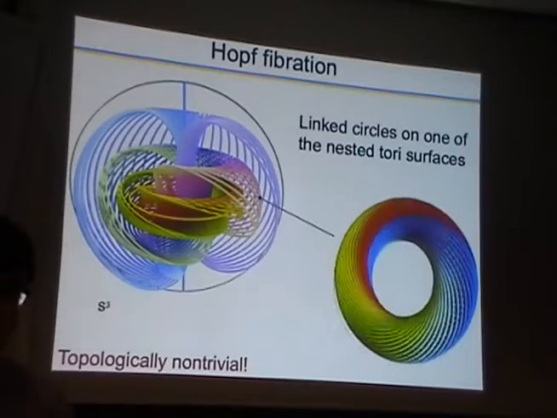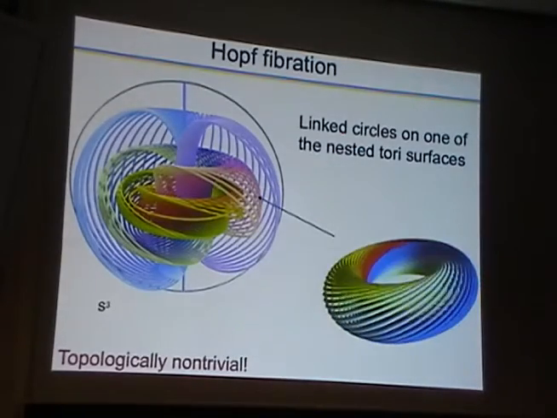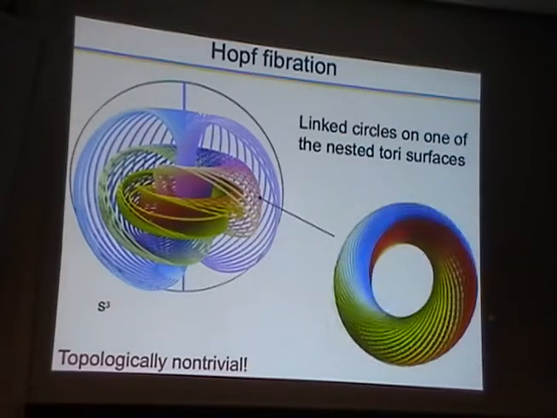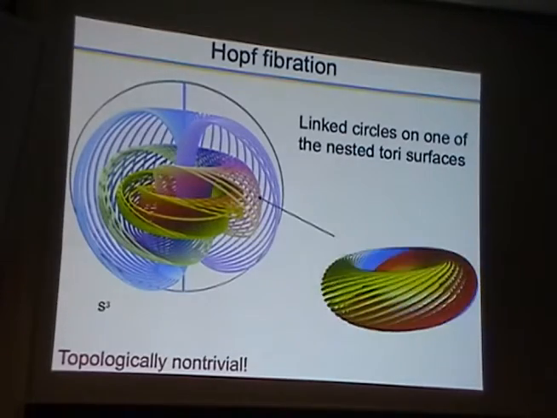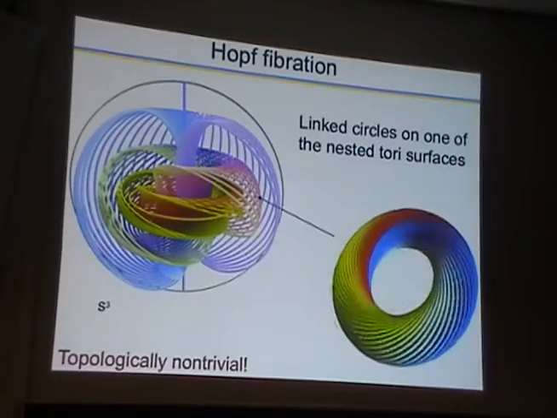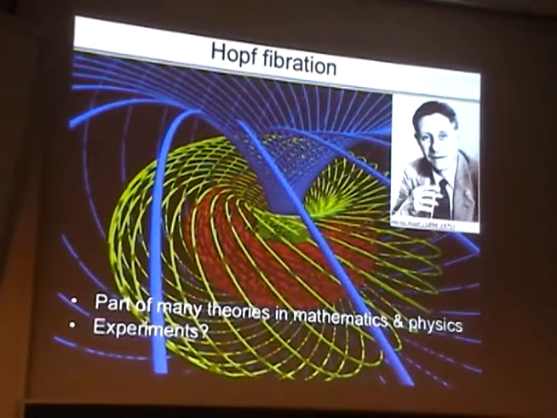So as I already mentioned, it's topologically not trivial, and there is very beautiful geometry in here because all of those circles are linked with respect to each other, and you can define the tori on which those circles would be, on the tori surfaces on which you can draw those circles. And so this Hopf fibration allows us to understand and represent the high-dimensional spherical surfaces by means of such representation. Obviously, it became part of many physical and mathematical theories because it's something so general, telling us about spherical surfaces in high dimensions, and